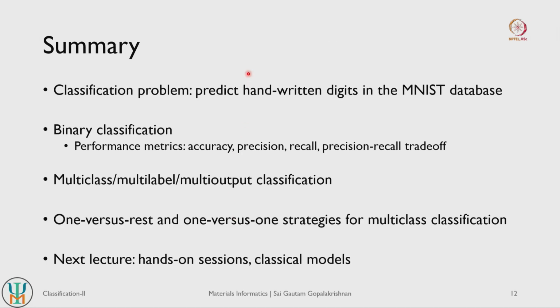With that, let us summarize what we learnt in this lecture. We once again started out with our classification problem. We executed binary classification, and we defined new performance metrics. Accuracy is what we classically used; we defined new metrics, precision and recall, and we understood how precision and recall have an intrinsic trade off. So you cannot have a classification model that is simultaneously good at precision as well as recall. We also looked at other ways of building classification. Multi-class classification is where the model makes one prediction but not binary, so it can make one out of several classes, for example 0 all the way to 9.